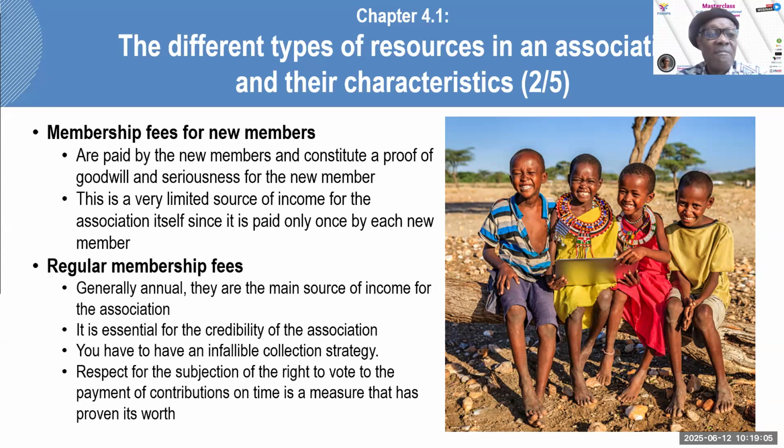It is essential for the credibility of the association. We usually have problems getting our members to accept to pay their membership dues. But if an association is unable to collect membership dues, it is a strong weakness. It is a heavy weakness, because